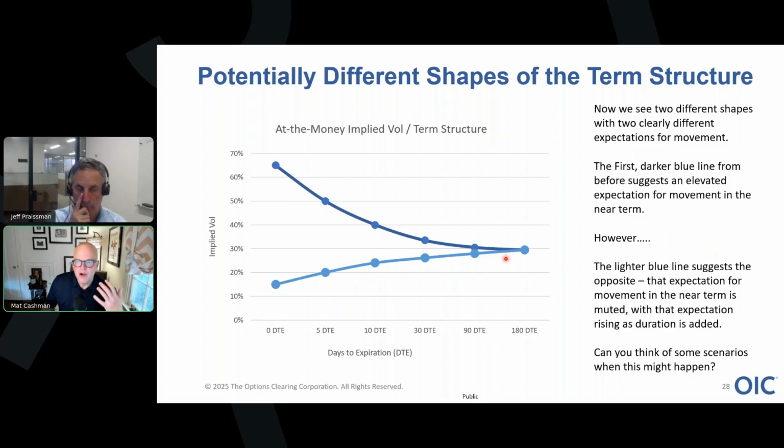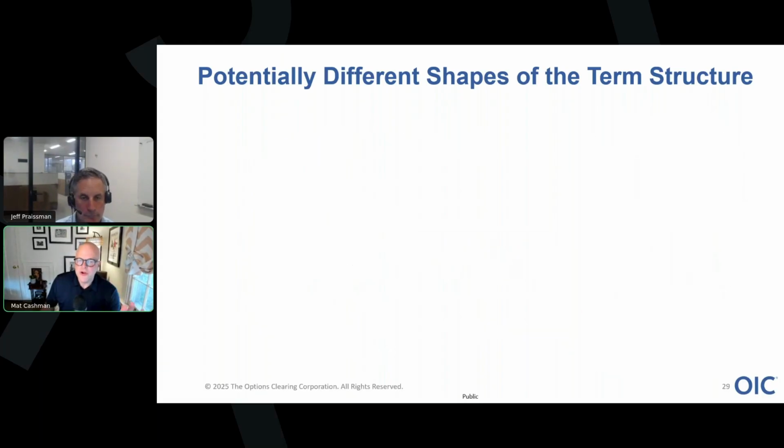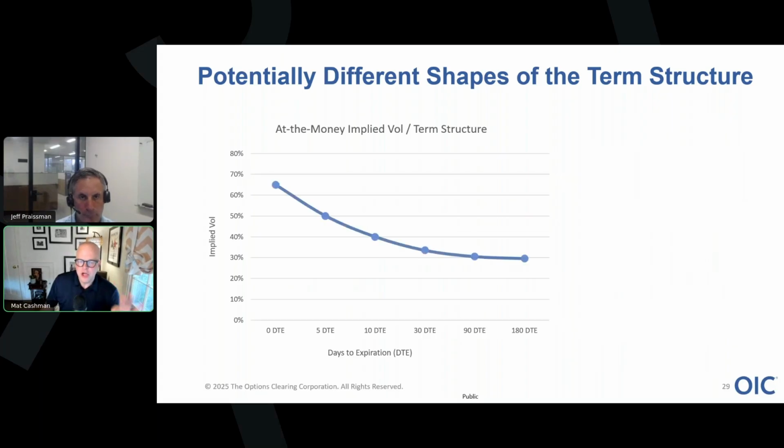What does that mean? Do I agree with that? Is that part of how I think about this? And be able to make that assumption as well if that's what you're looking for. There's a third way that things kind of show up. We've seen this kind of normal-ish vol. This is a vol environment in which the term structure is telling you there's not going to be a lot of movement right now. And then we have what I would call the 2008 term structure,